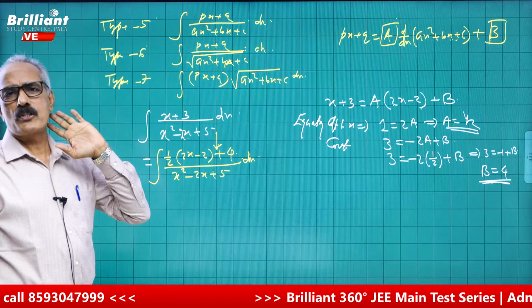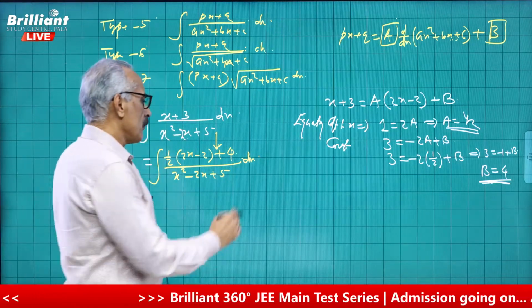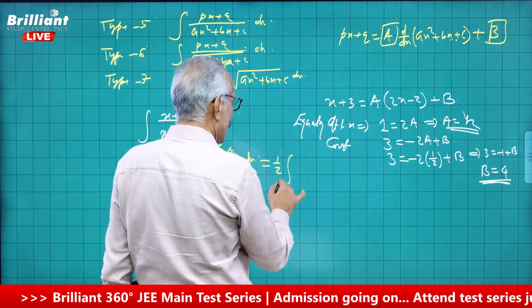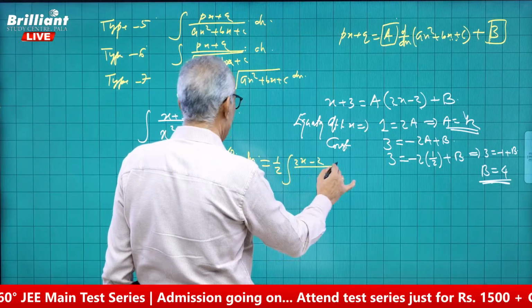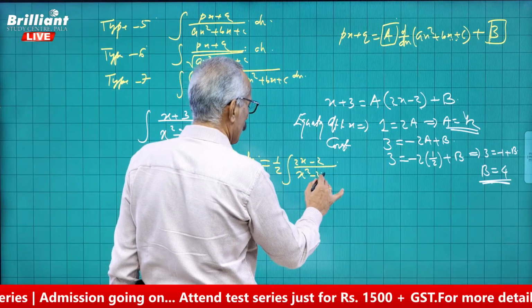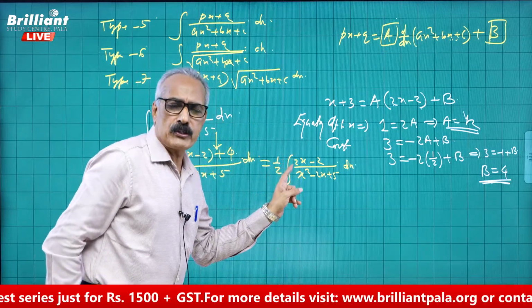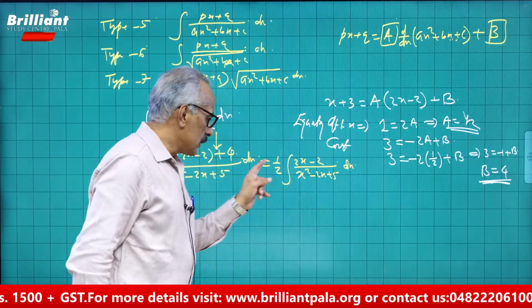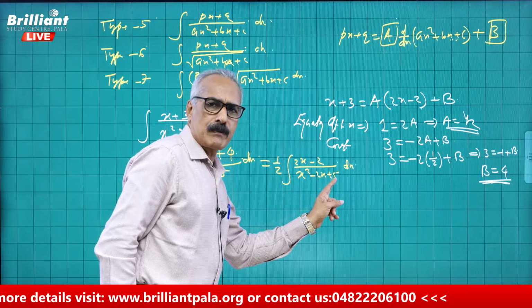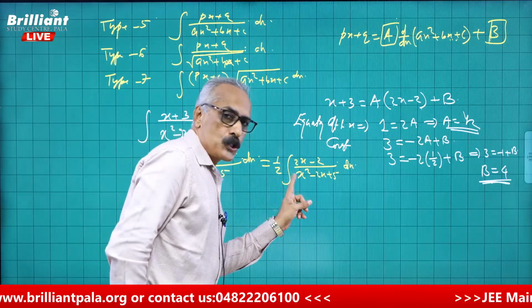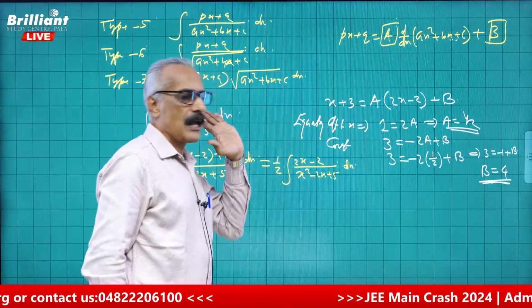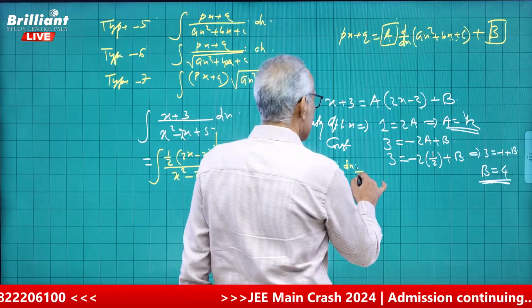Exactly similar to the previous step. Now, we split this: 1 by 2 out, integral 2x minus 2 divided by x square minus 2x plus 5 dx. Make sure that your numerator is the derivative of the denominator. The denominator is x square minus 2x plus 5. Its derivative will be 2x minus 2. Yes, absolutely. Then plus 4 into